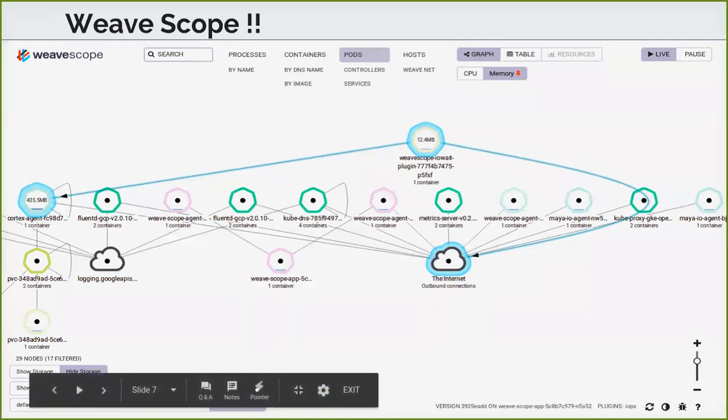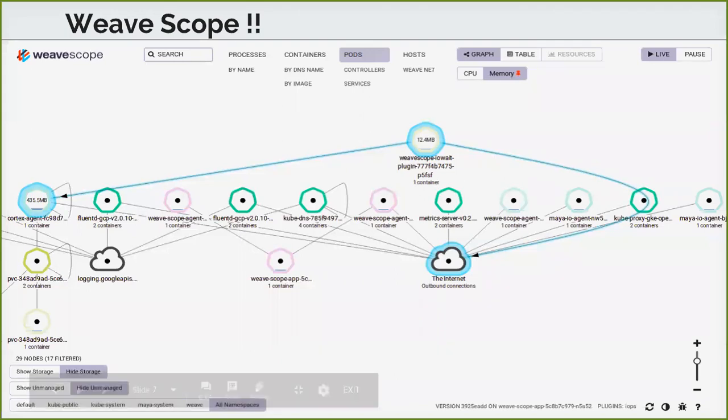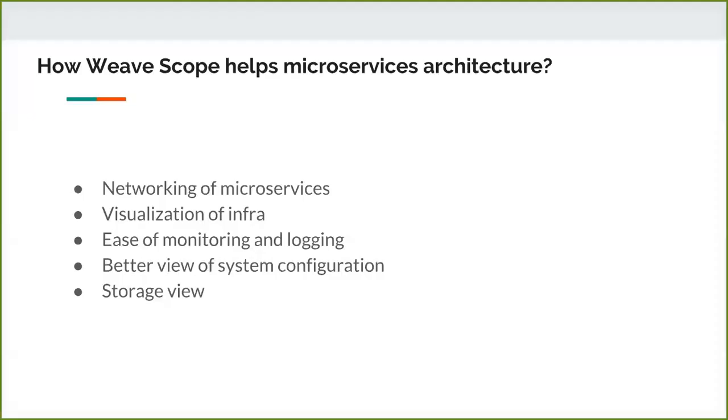At the bottom, you can see that we have the show storage, hide storage buttons, then show unmanaged, hide unmanaged buttons, and we have all the namespaces. Whatever namespaces are running in my system are at the bottom. You can select that particular namespace and you will see the pods related to that namespace. Okay, so this is the overall picture of WeaveScope. We will move to the demo part, but